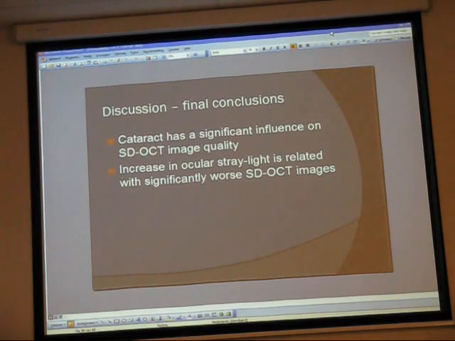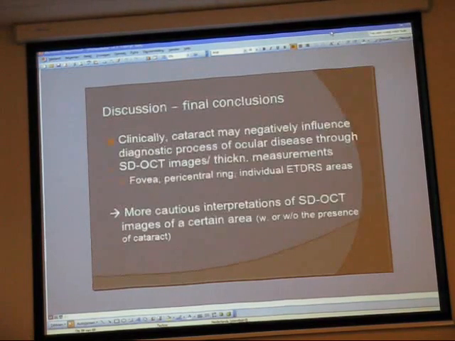So actually, the final conclusions you can draw from this study are that cataract has a significant influence on SD-OCT image quality, and the increase in ocular straylight is related with significantly worse SD-OCT images. And clinically, you can say that cataract may negatively influence the diagnostic process of ocular disease through SD-OCT images, but you may also ask yourself,